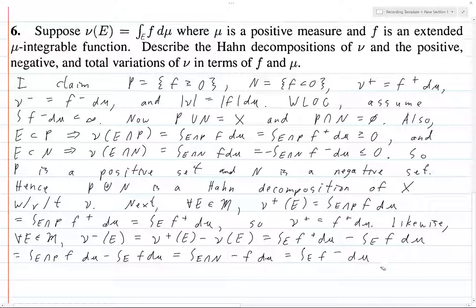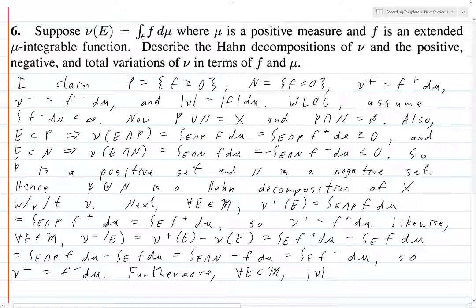Alright? So, what does that mean? That means exactly that nu minus is equal to f minus d mu. And then furthermore, for all E in M,